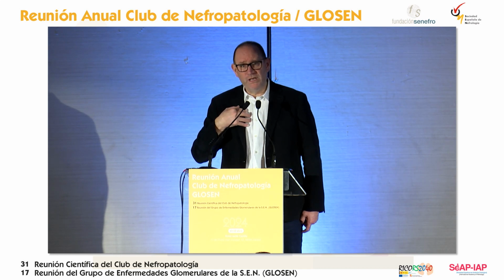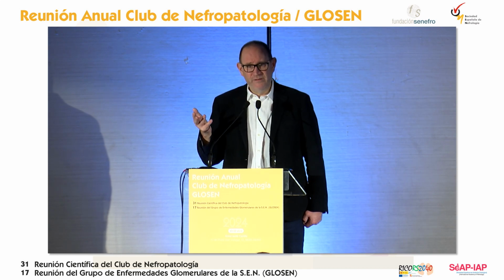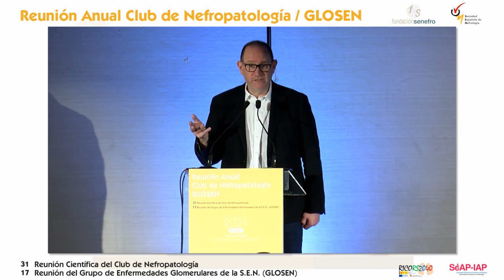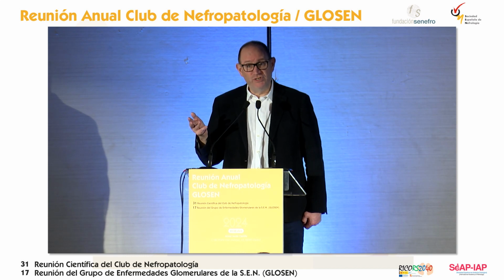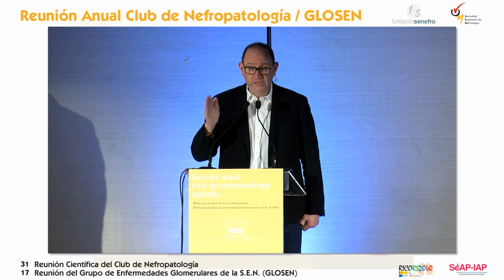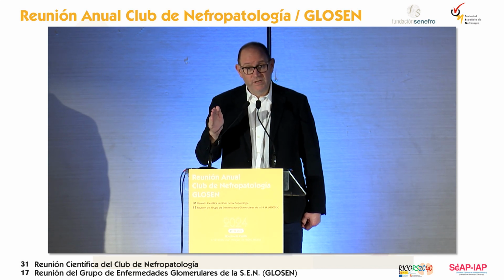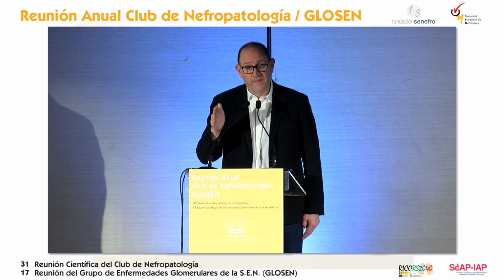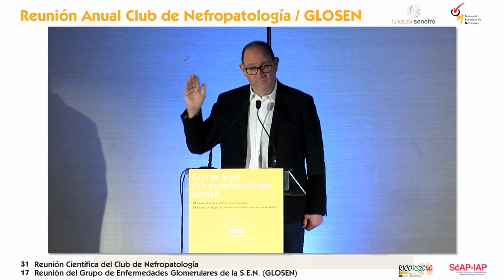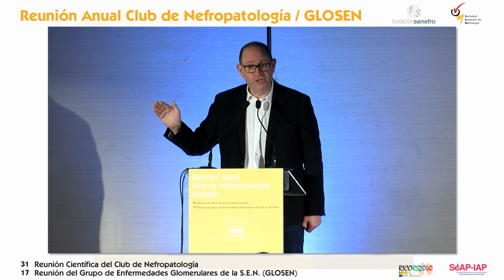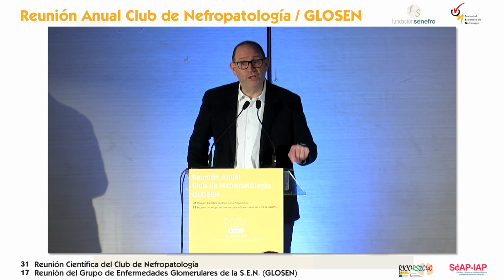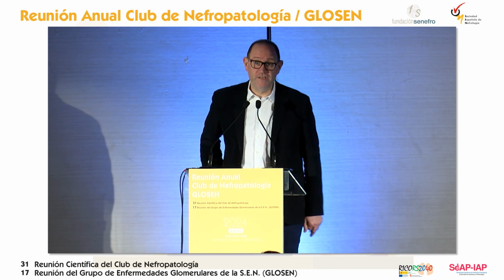I would imagine in my population, 1 in 10 patients is likely to need an anti-inflammatory, because I just don't see it on my biopsies. Whereas in IgA vasculitis, I would suggest 95% plus are going to need an anti-inflammatory. They're all going to need a B-cell directed therapy, though, to switch off the pathogenic IgA. That will be the common theme, but the complement inhibition, I think, will be virtually uniform in patients with IgA vasculitis. And of course, what we don't know is whether that will help the skin or whether that will help the gut or the joints. So that's going to be really interesting to see.